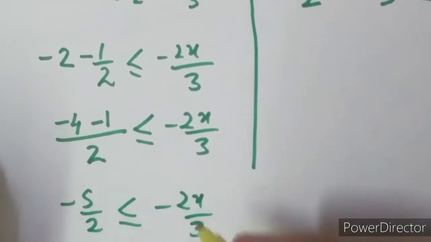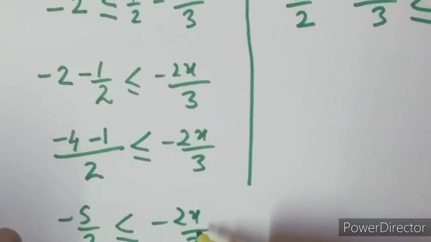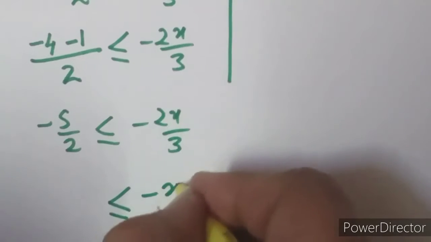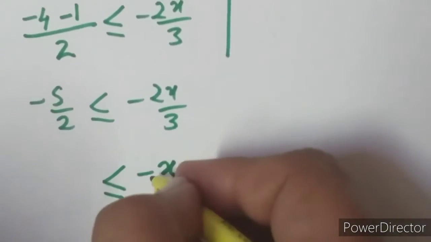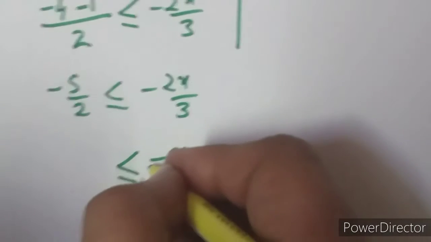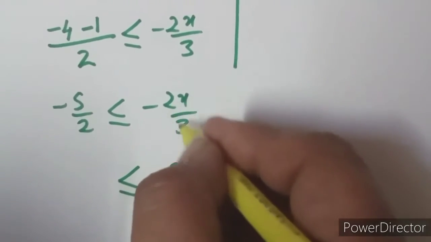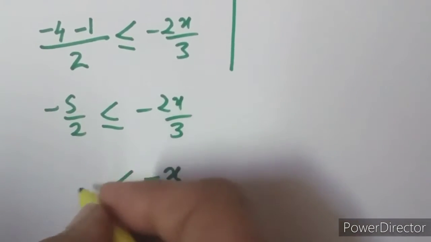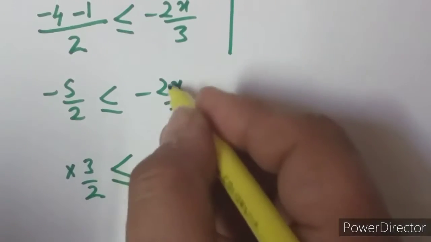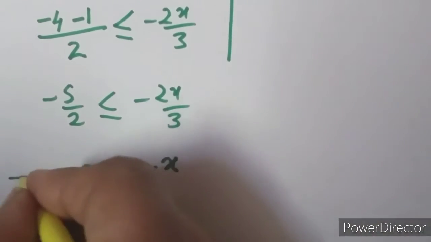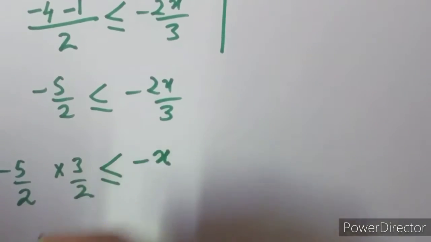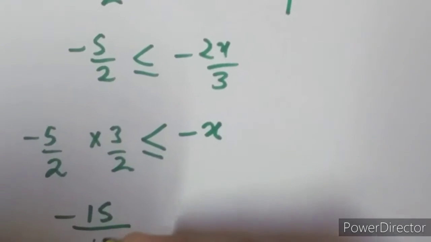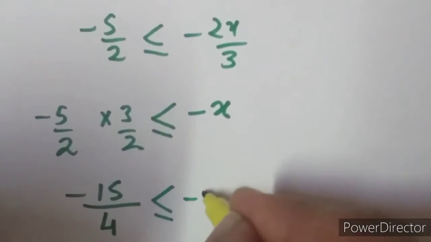Now, we are supposed to get the value of x. So x we will keep to one side only, minus x. And remember very carefully, we have to resolve this minus in the later stage. Till now I am keeping it like this only, minus. So 2 by 3 is getting multiplied. When it goes to the other side, it will go as 3 by 2. So this 2 by 3 will go to the other side as 3 by 2 and minus 5 by 2 as it is. So multiplying, minus 15 divided by 4 less than or equal to minus x.